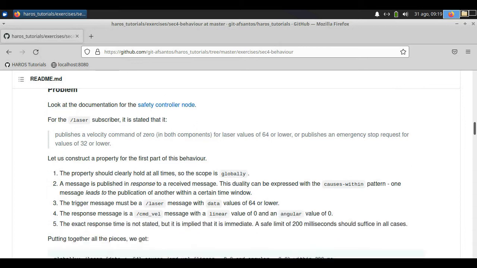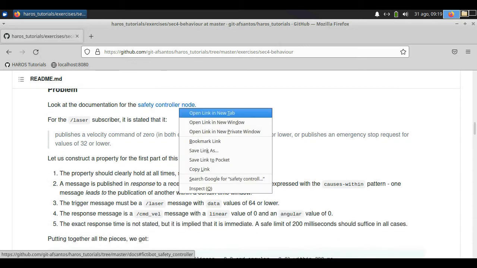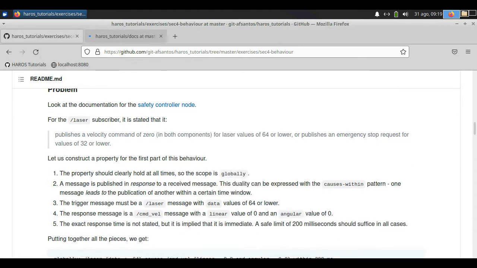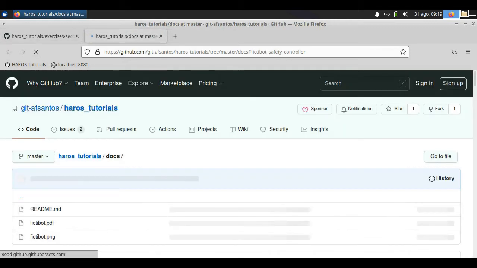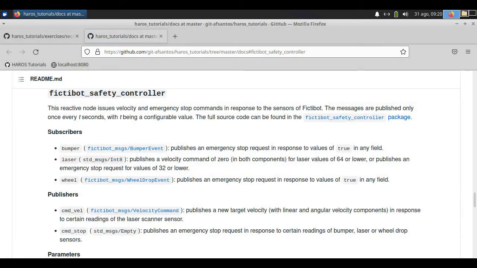which will require us to be familiar with the safety controller node. This is a node that publishes velocity messages and emergency stop commands in response to the sensors, but the messages are only published once every few seconds so as not to spam the driver with messages.